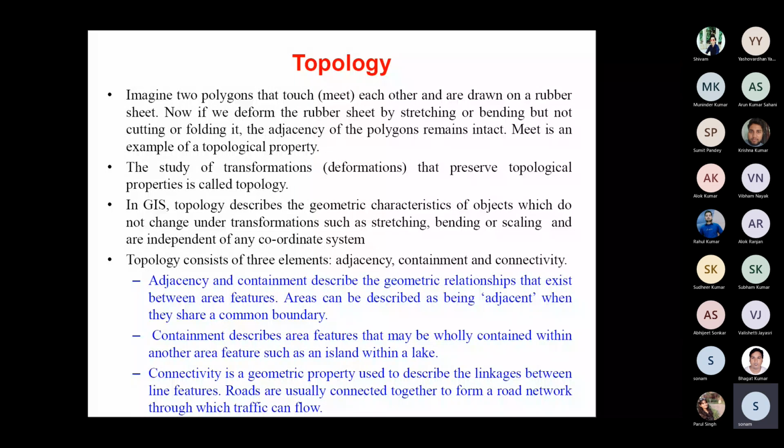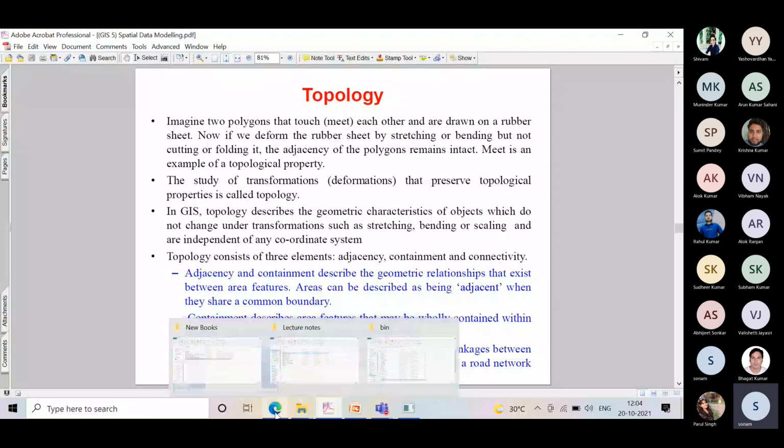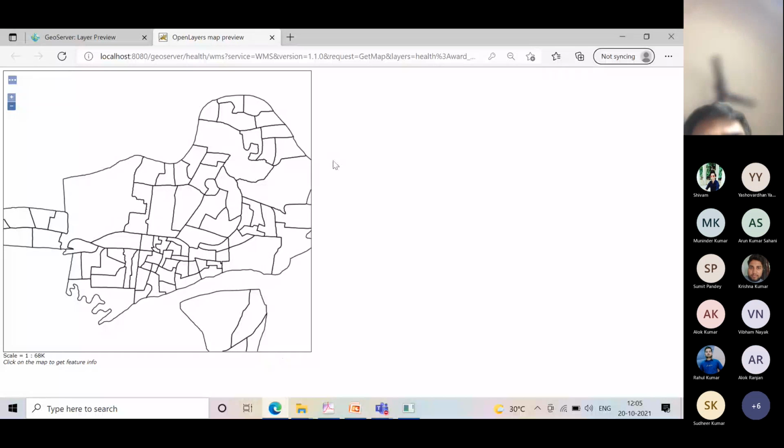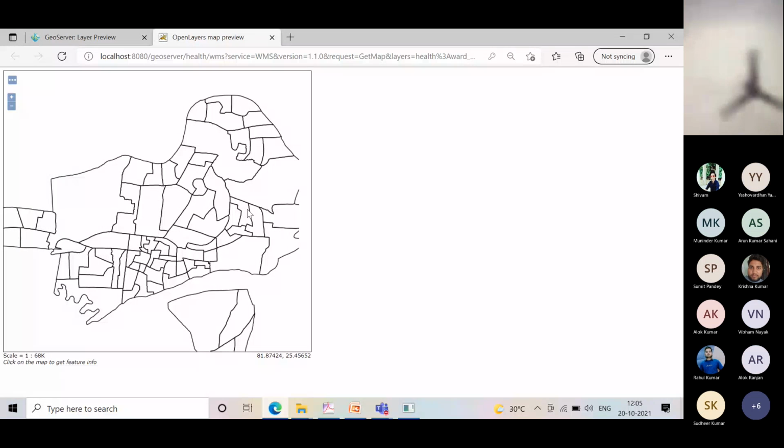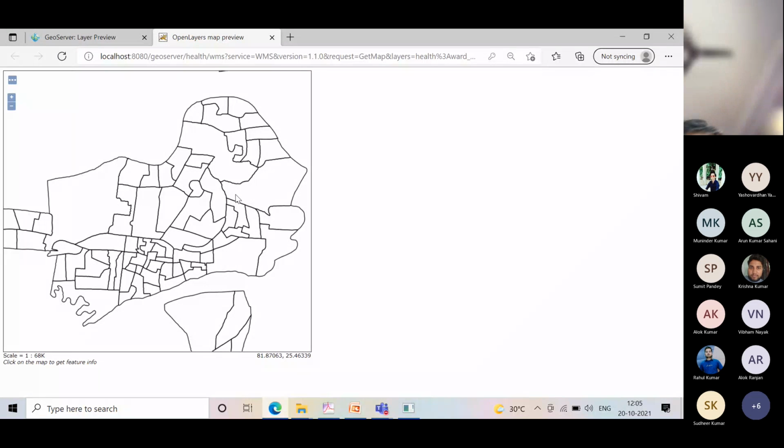Suppose you draw two polygons, one polygon lies inside another polygon, and even after that, you try to stretch it. Like in this particular example, this one is the Prayagraj ward boundary map. If I try to stretch the boundary, or stretch this polygon, will some of the wards go out of the Allahabad ward boundary or not? The answer is no, they are not going to run out of the polygon. So in that case, this containment is called the